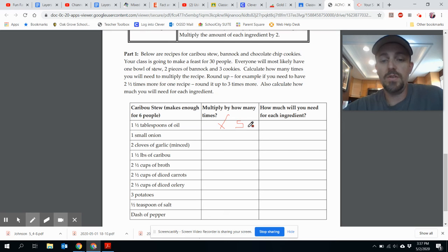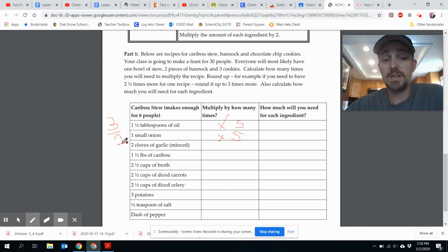Okay, so again, not the greatest 5, but this drawing tool is a little difficult to use, but you get the idea. Each one of these, you're going to multiply it by 5. Now, when you are multiplying by a fraction, instead of 5, you are likely going to have to use 5/1, right? And instead of this 1.5, you're going to convert that into an improper fraction like 3/2. And so for this first problem, you would have 3/2 times 5/1. Okay, when you do that math, you're going to get 15/2,